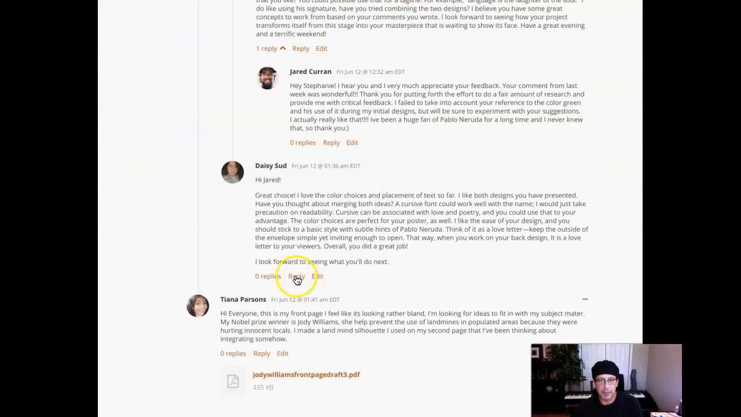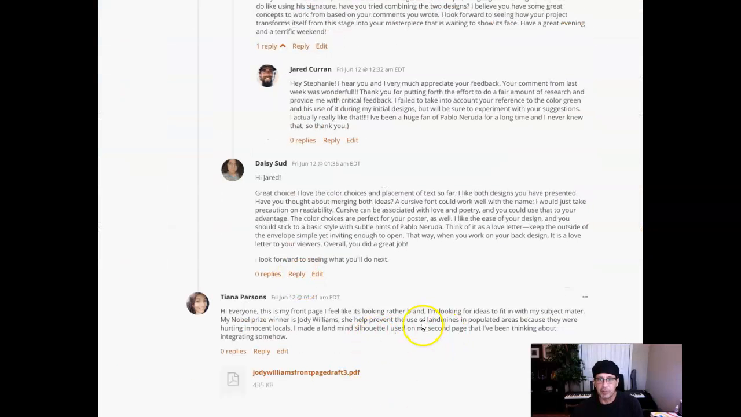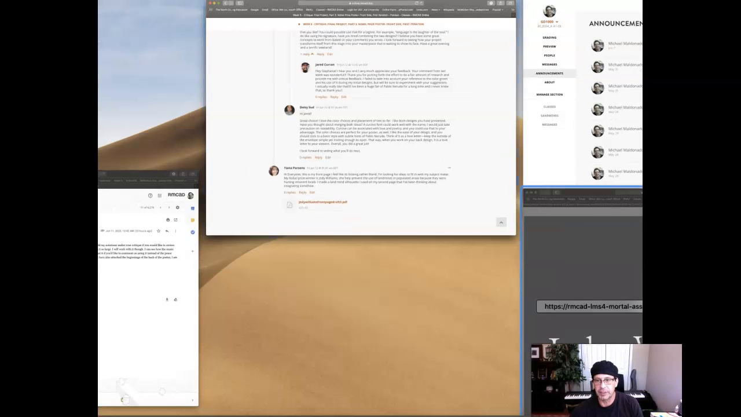I've got your work up here. That front page is a little bland. I'm looking for ideas to fit within my subject matter. My Nobel Prize was Jody Williams. She helped prevent diesel land popular. Yeah, I'm sorry. I'm reading out loud. I went through this once, and I was just looking to see if I missed any questions. But there are no questions here, so we can jump right over to